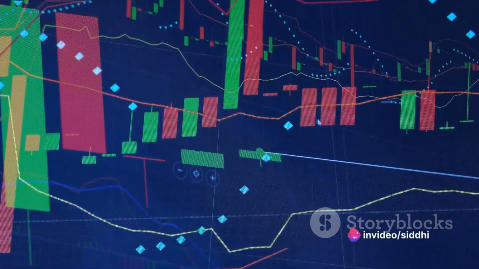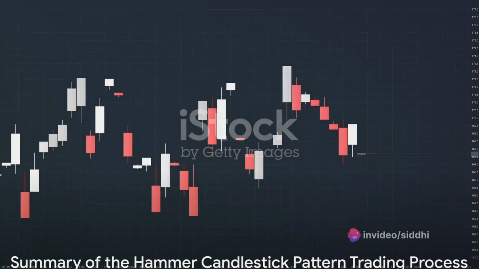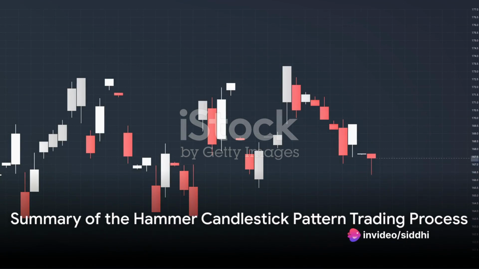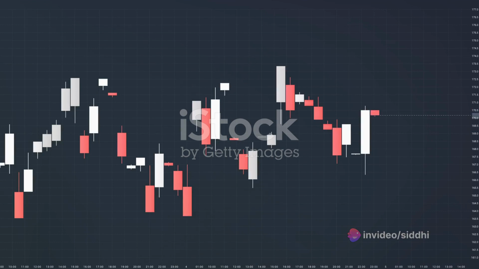The final step is to set your profit target. This should be at least twice the risk. So, if your risk is the distance from the entry price to the stop loss, your profit target should be twice that distance. To summarize, trading with the Hammer Candlestick pattern involves 4 key steps: identifying the pattern,